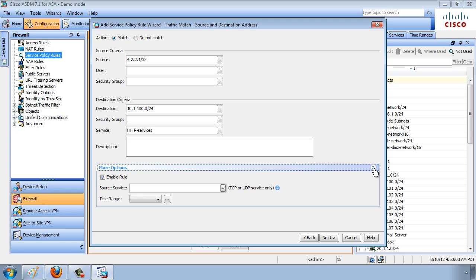And optionally, you can go into these options and I can reference a time range. With the time range, it'll make this rule only active during particular parts of the day or days of the week. So I could say maybe work hours from like 9 to 5, maybe after work hours from 5 p.m. to 9 a.m. the next morning. I could also specify the source service if I know what that's going to be. So for now, let's just say anything sourced from 4.2.2.1 with a /32 mask going to 10.1.100.0 that's using HTTP